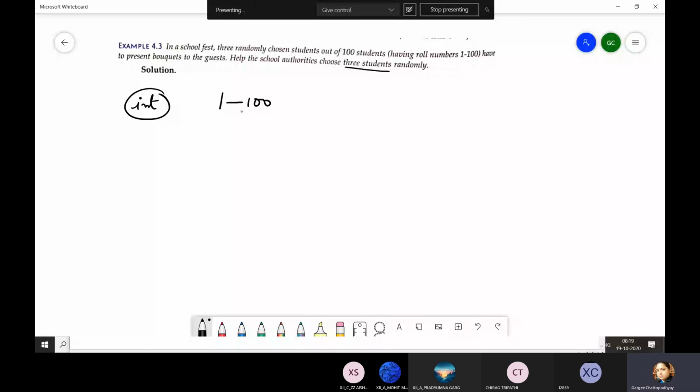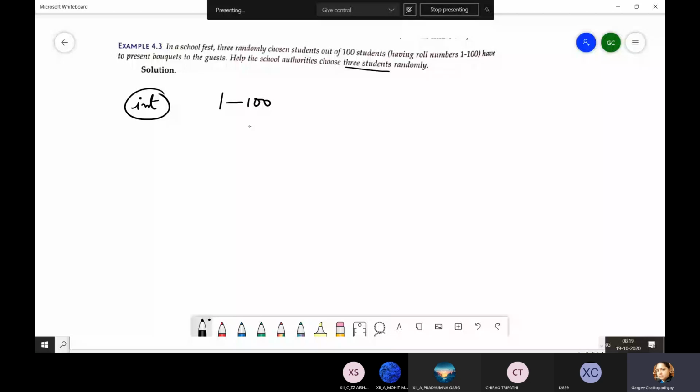To choose 3 random numbers, either go the long route, that is generate the random number, multiply it by 100, then truncate the points or round it off to 0. You can do that also. Create your program.